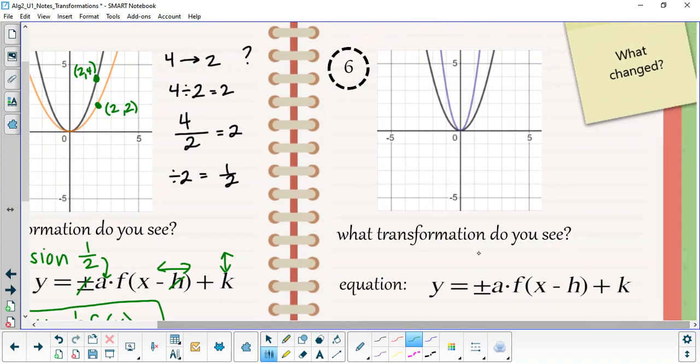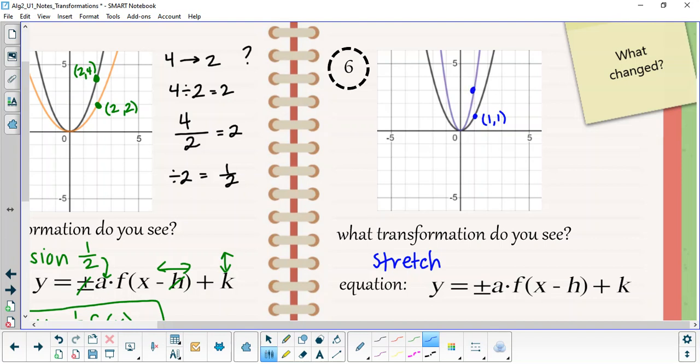We're going to look at number 6. So again, black graph is my original. Purple graph is my new one. So to go from the black graph to the purple graph, I got skinnier. So we stretched. Now again, we have to figure out what did we stretch by. So it looks like I have a point here at (1, 1), and then I have a point